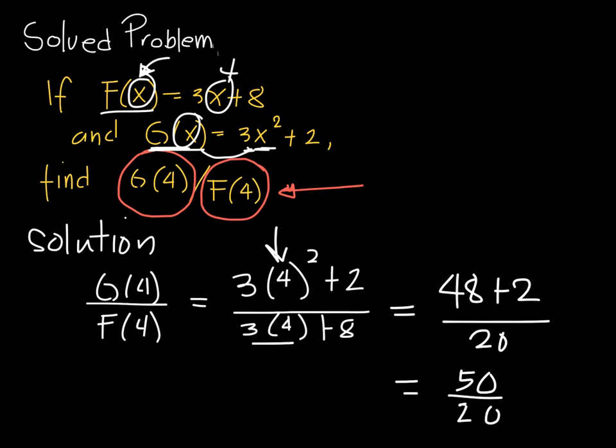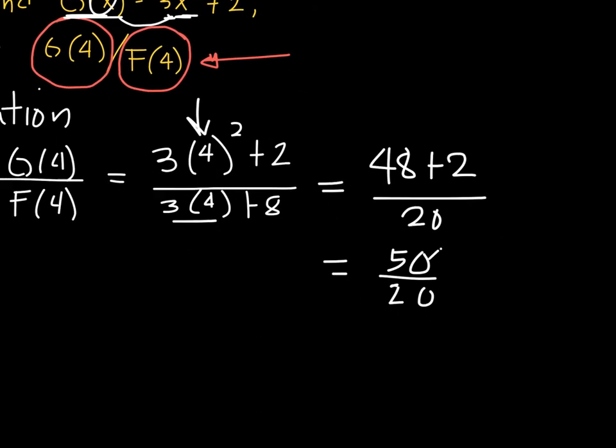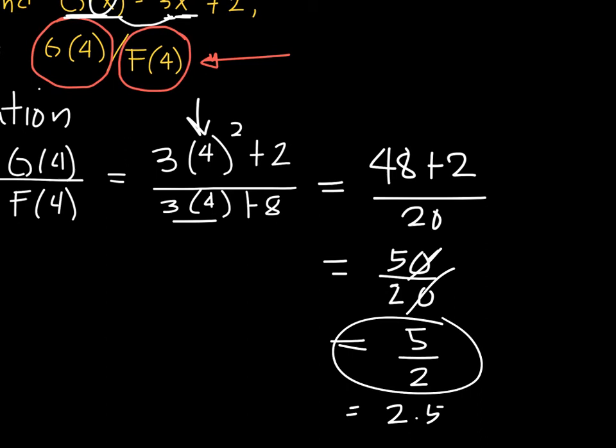So 50 over 20. Technically, since it's 50 over 20, reduced to lowest terms it's 5 over 2, or equals 2.5. Or you can have it as 5 over 2. So this is the value of g of 4